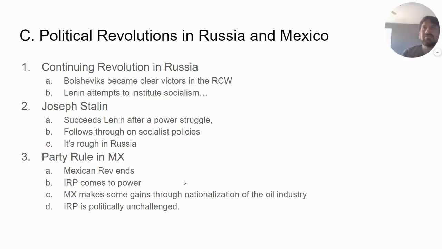In the same way, this is more the 1920s, where the roaring 20s aren't roaring very much. That's Russia and Mexico. So the Russian Civil War comes to an end in the early to mid 1920s. The Bolshevik Party, yes, I said that right, is the victor of the Russian Civil War, and Lenin attempts to institute socialism, and he's